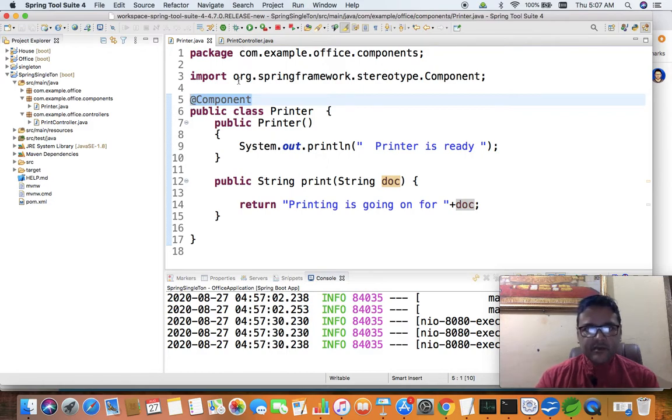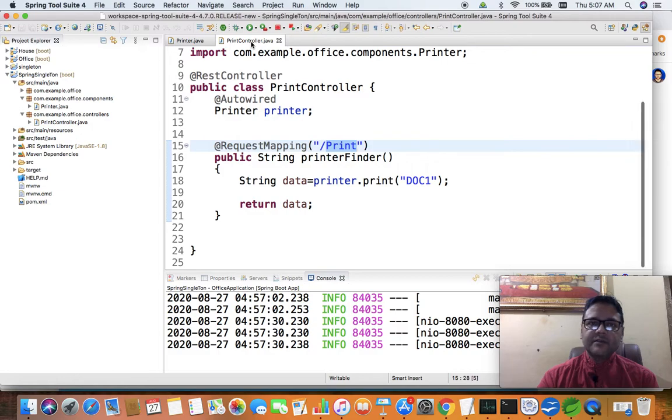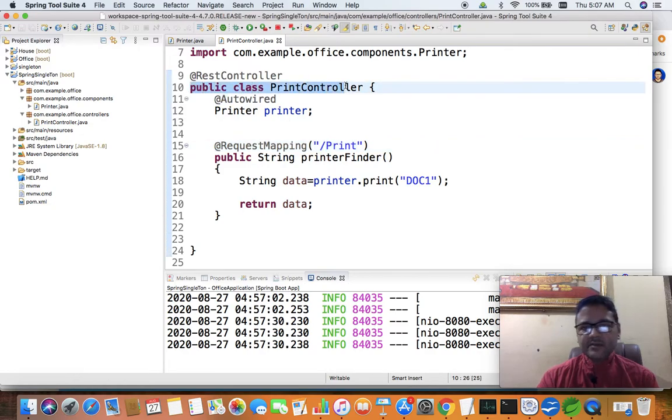Okay, so this class is ready, and now I have created a separate class which is not a normal or ordinary class. It looks like an ordinary class, but it has some importance.